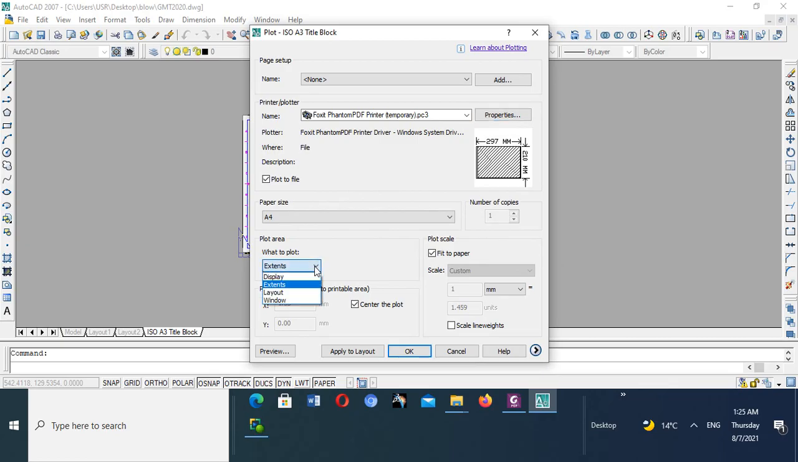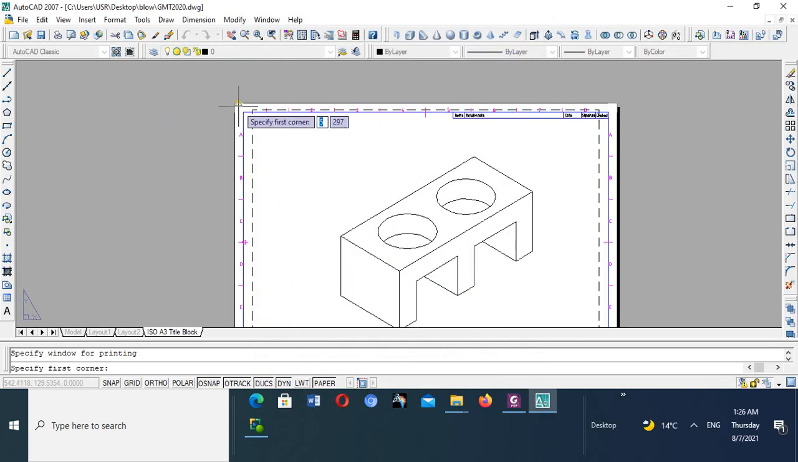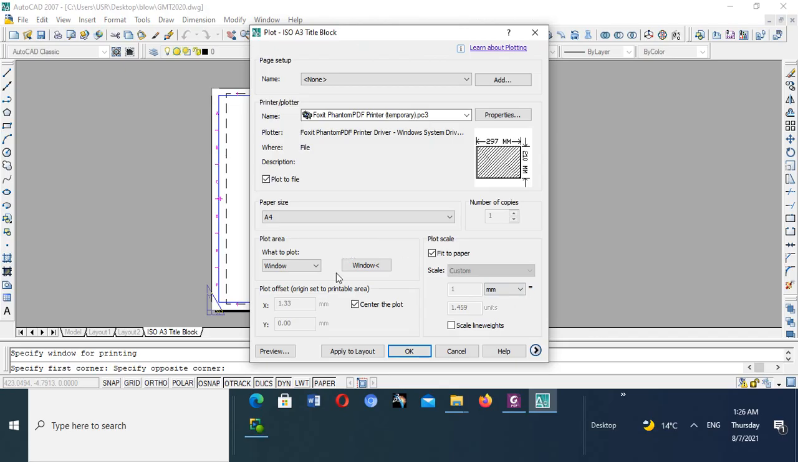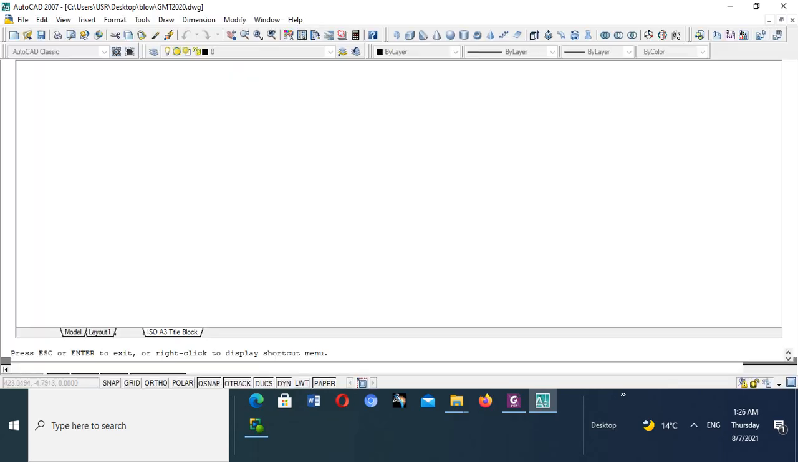what to plot by extents, by window, by layout. You practice some of this. You check it window, it gives you what window you want to plot. If you want to plot all this, select one top corner and one lower corner. Then if you want to preview it, this is what is going to come out when you print. If you are satisfied, you press escape,